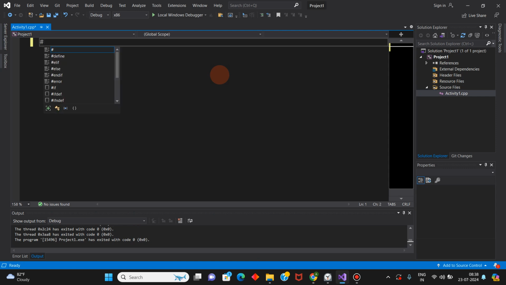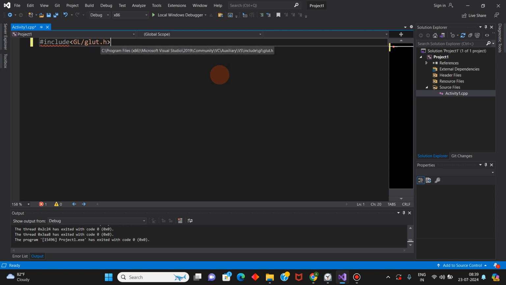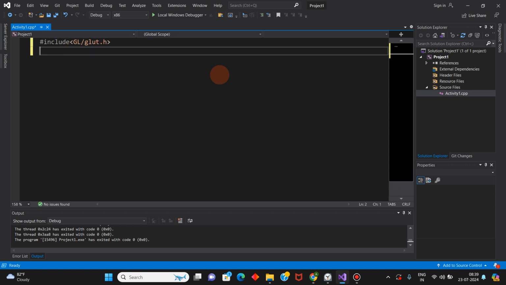Okay, so first of all, what we had to do was to include the GLUT library, where the pre-written code is available for us to use for managing windows, for handling input and other utility functions. Include. And remember, it's case sensitive, so wherever the letters are capital, you have to write them in capital letters only. So glut.h has been included.